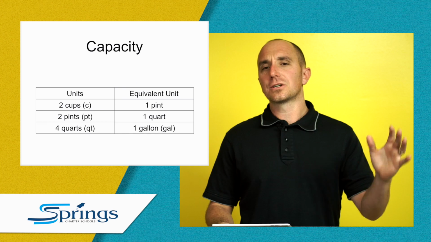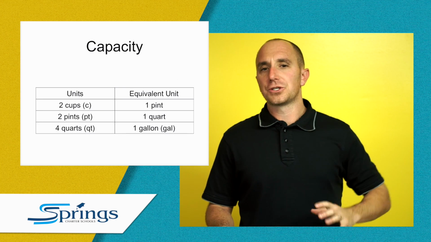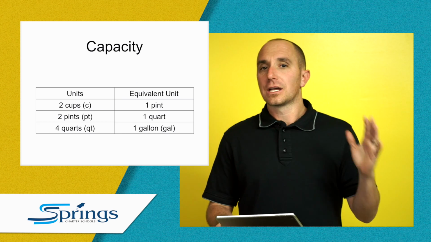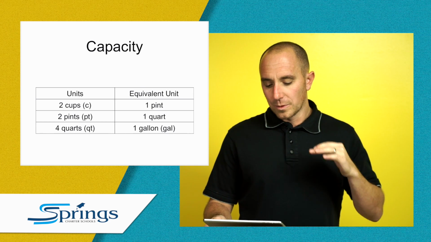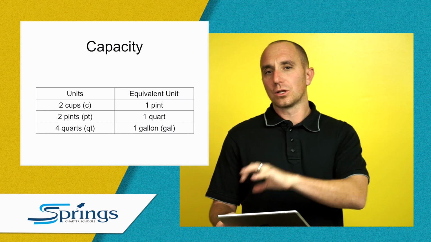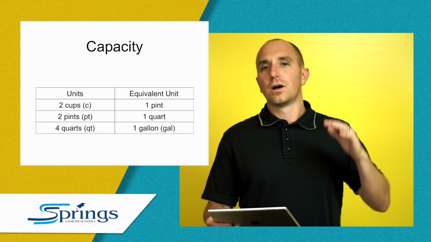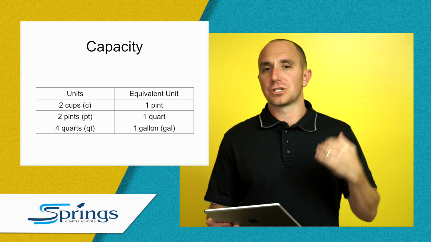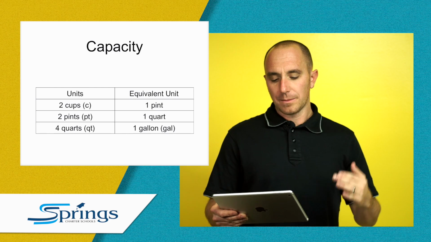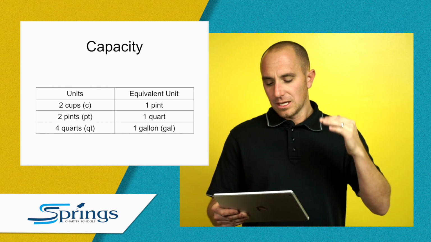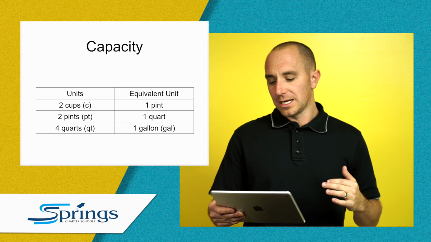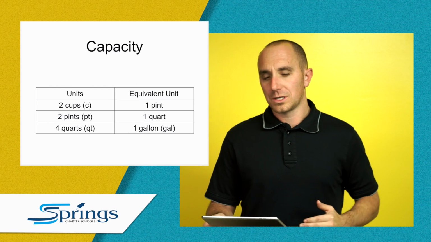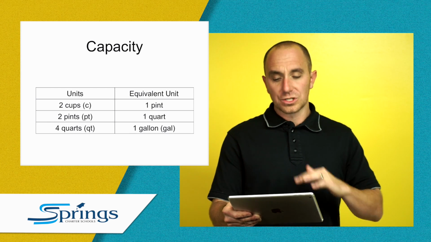Okay, so conversions. First let's look at a couple of different units of measure, and we'll talk about how they convert from one form to another. So we have capacity. When we look at the units of capacity, we're going to look at the equivalent unit of capacity, just in a different size. So 2 cups is equivalent to 1 pint. Then we have 2 pints, which is equivalent to 1 quart, and we have 4 quarts, which is equivalent to